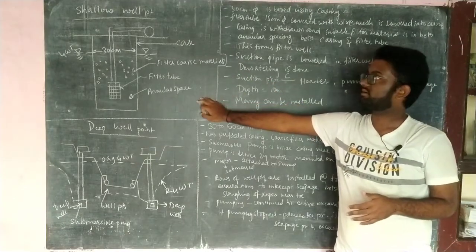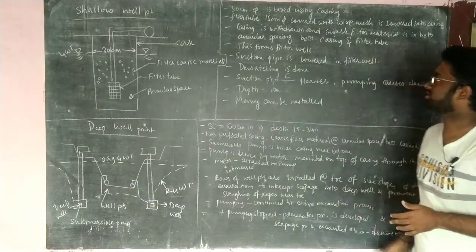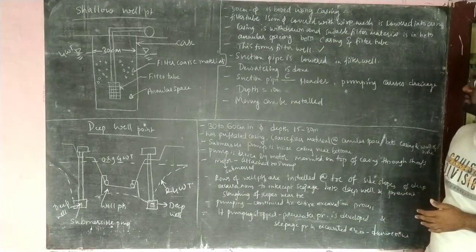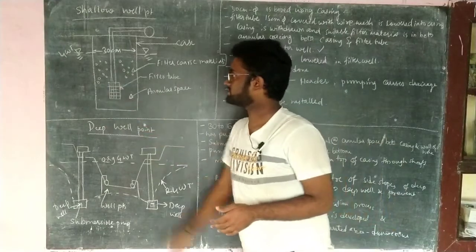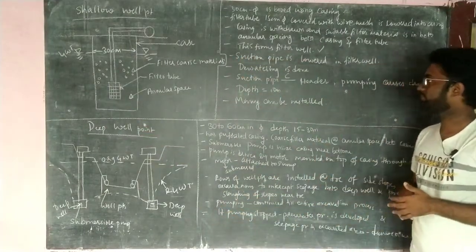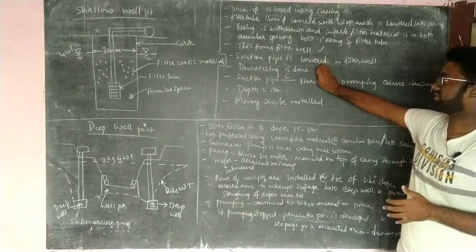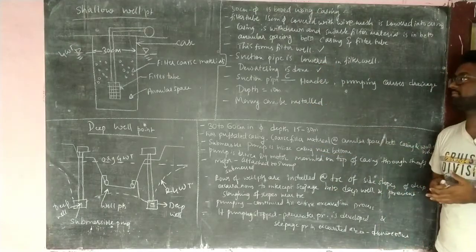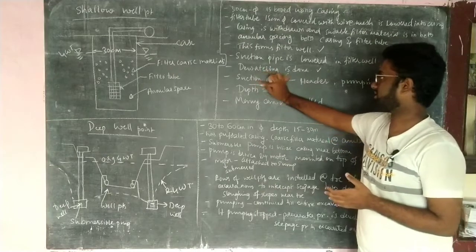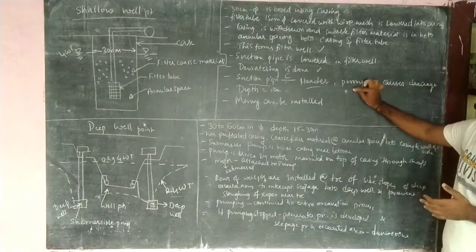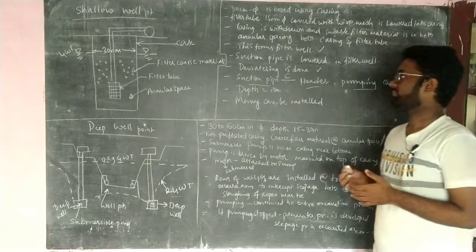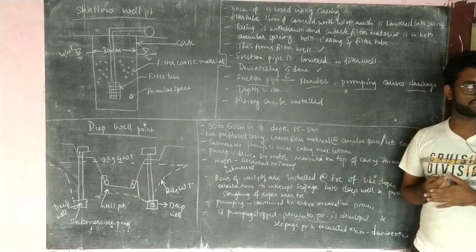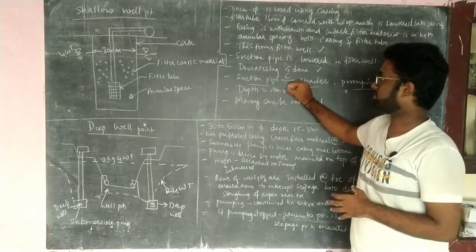Shallow depth, shallow well point, it is also called a filter well. It also has a suction pipe which is lowered in the filter well. You can see here, the suction pipe is inside the filter well. Dewatering is done. That means the water is being removed and excavated, and the suction pipe is connected to the header, and the pumping is caused because of the drainage. Because of that pumping there is dewatering, and this is up to the depth of 10 meter.